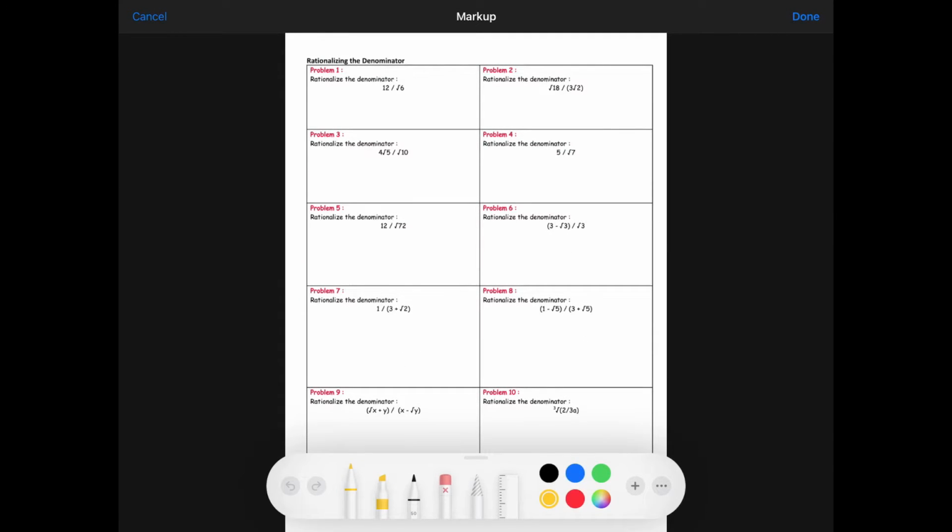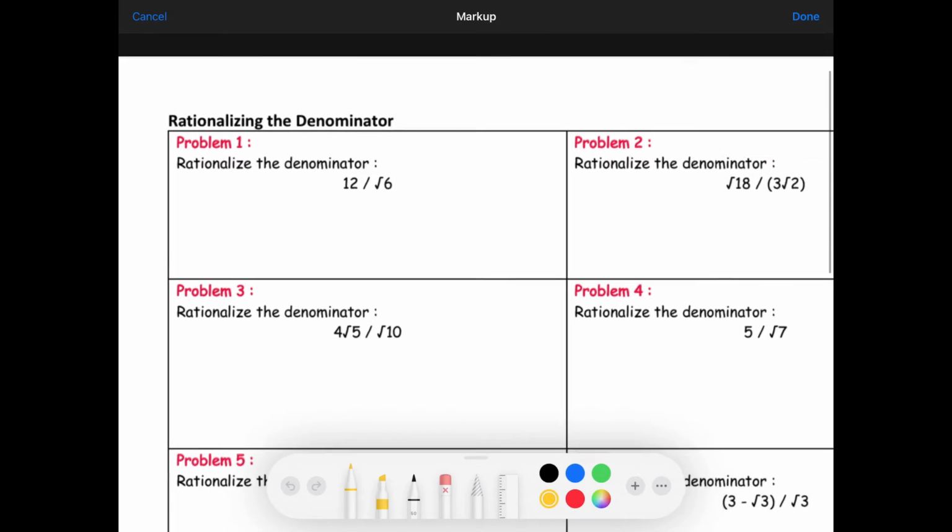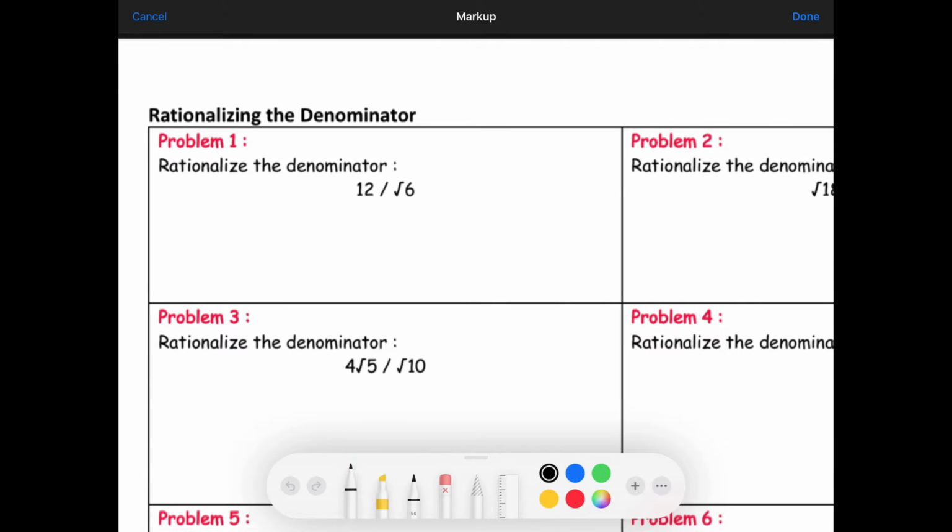Hey, let's rationalize some denominators. Here we go. 12 over root 6. Now remember, you gotta turn that denominator into a perfect square. You can't have square roots in the denominator. So you can multiply it by root 6, but if you do that to the denominator, you gotta do it